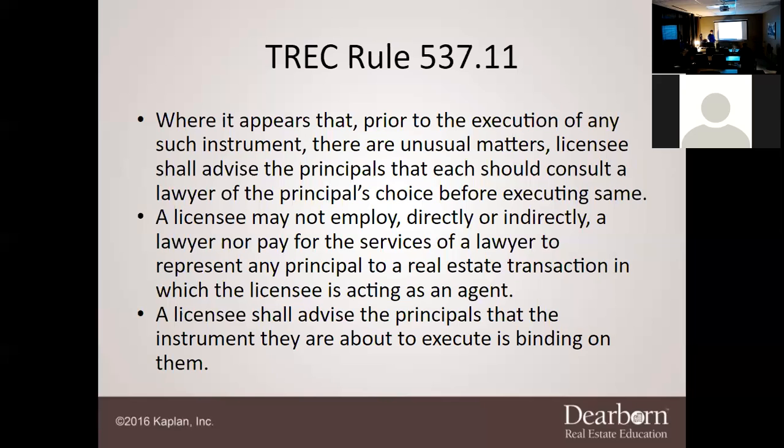A licensee shall advise the principals that the instrument they are about to execute is binding on them. When I get a final contract, I explain to them, the minute you sign this contract, and both people have signed, it's binding. Yeah, you can get out of the options if there's an option contract, but otherwise, you're stuck.